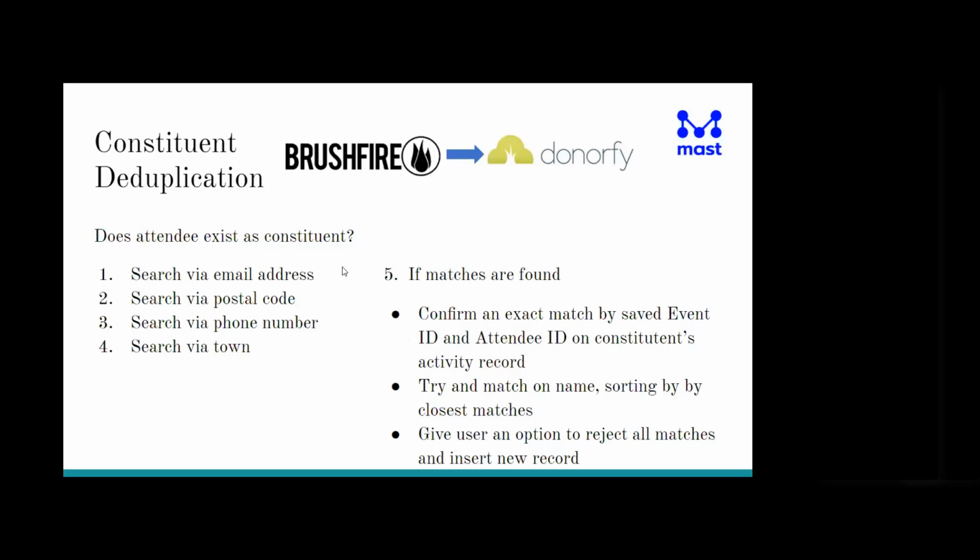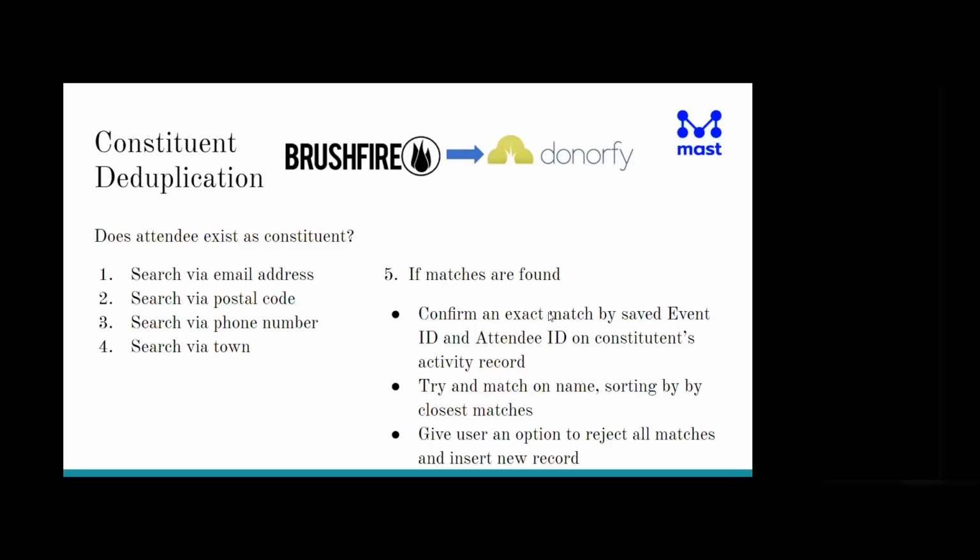So if we found duplicates or couldn't find a constituent with the email address, we'd look via postcode or phone number and town. And then we'd have possibly a match, possibly no matches, or possibly several matches. So if we found a match,